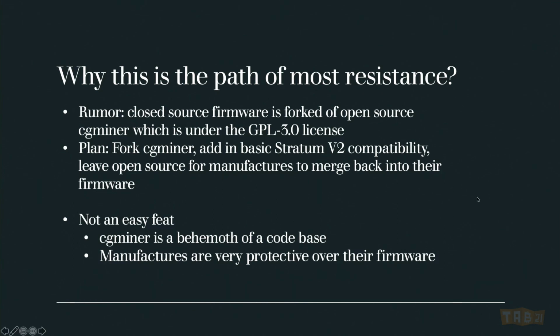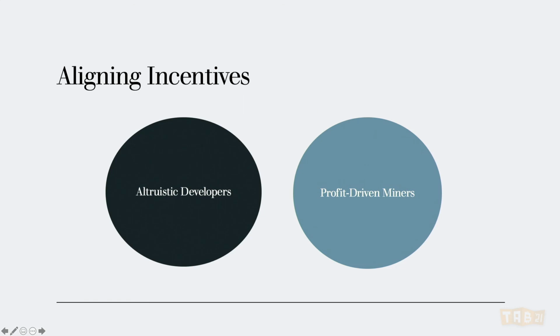And that leads me to my next and final point. So this fundamental disconnect between developers and miners. I'm definitely generalizing here, but developers tend to be very altruistic. They dedicate their work to ensuring Bitcoin remains decentralized and censorship resistant. But miners, on the other hand, are very profit driven. And there's really nothing wrong with either side. In fact, Bitcoin is designed to have both